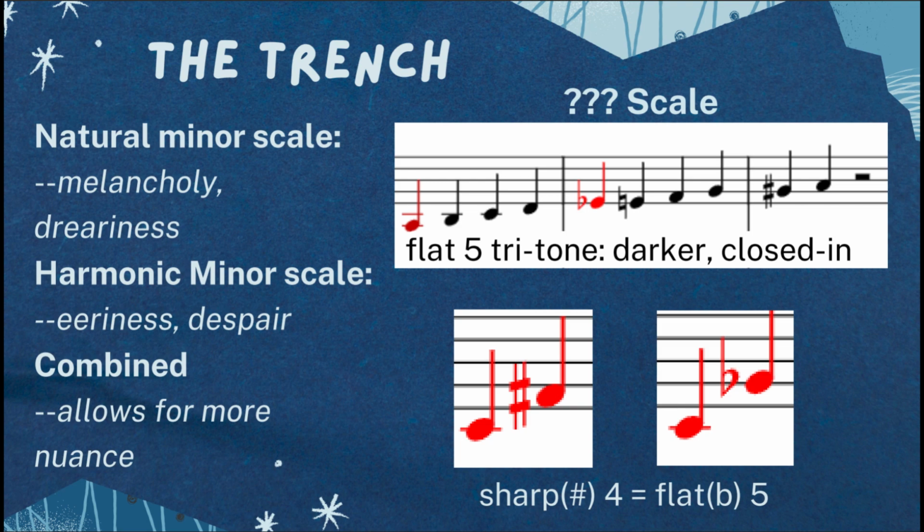Where in the Lydian scale, raising the fourth note provided an air of optimism, in this scale, the tritone is brought about by a lowered or flattened fifth note in the scale. This flattened fifth results in a more brooding, restricted sound. I racked my brain to determine what this scale would be called, but as far as I know, it doesn't